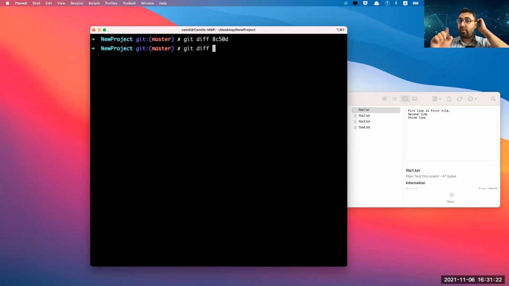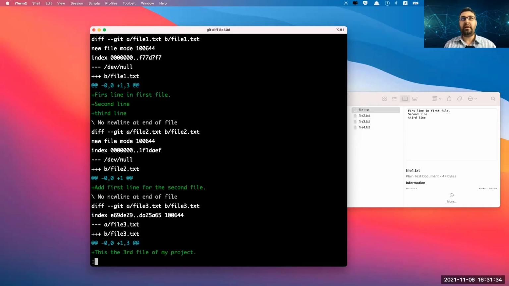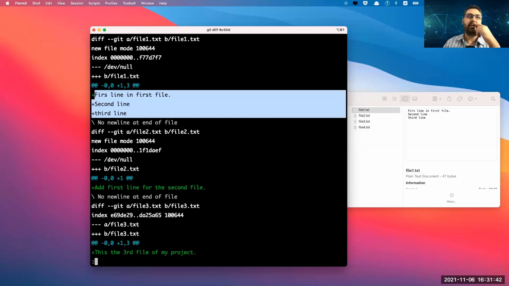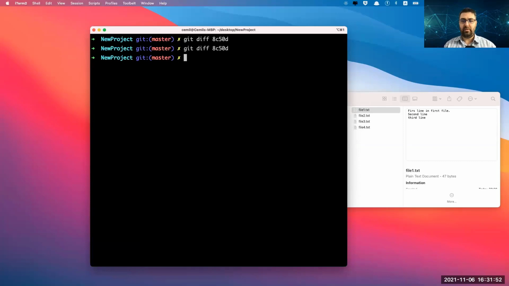If you want to see what has been changed, copy the ID number of that commit, which is this, the first commit, and press enter and see what has been done in that commit. This, and that. And I believe this is the last one, not that commit. Not sure. But anyway, there's a way, of course. All right, git diff shows you the changes.